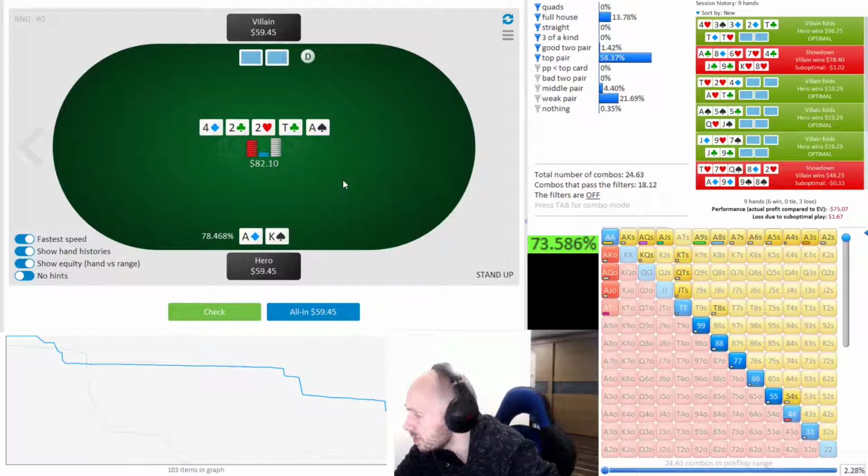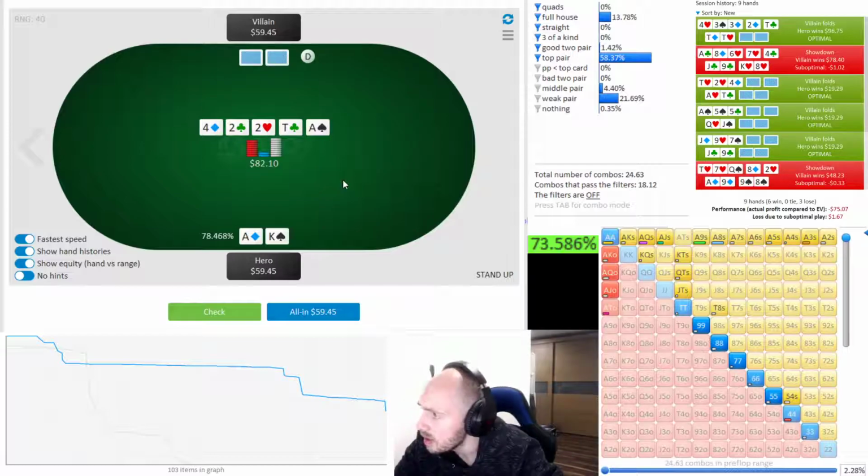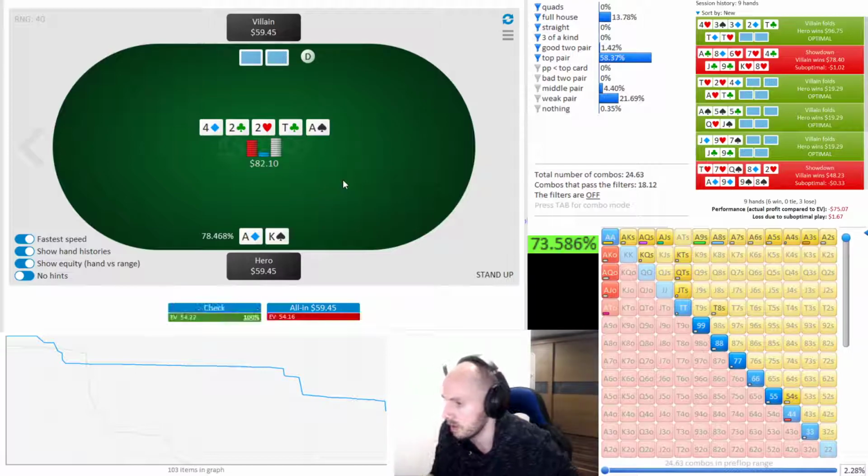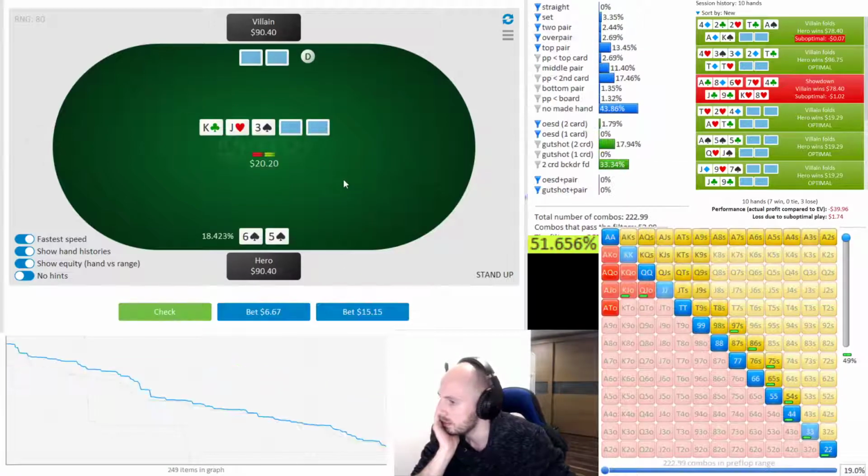The Ace is a pretty good card for us. Ace King definitely should fit in there. And I think we just have a donking range here. Not that much, but I like having Ace King in it, and I'm going to donk it. It's actually minus EV, so that's interesting. I was going to donk it, so